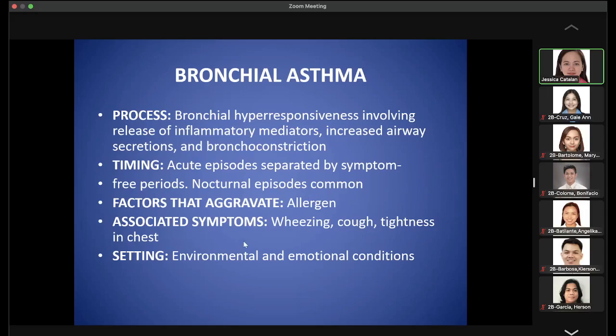Okay, so what are the common associated symptoms? Wheezing, cough, and chest tightness. So usually, patients will go to your clinic. Nahirapan po akong huminga, Dok. Parang ang sikip-sikip ng dibdib ko. Kasi nag-i-spasm yung bronchus, no? Okay. So, in the setting of exposure to your triggers, your known allergen. So, based on your history taking, asthmatic yung patient, nagpunta sa clinic mo, nahihirapang huminga, so you entertain an asthma attack.